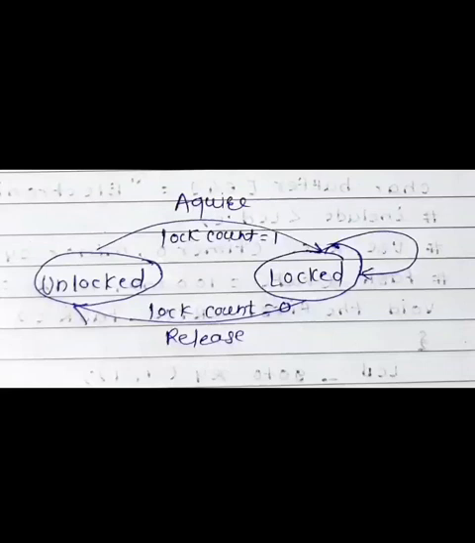Today we will see the mutex. Mutex stands for mutual exclusion. Mutex is a mechanism used for both resource synchronization as well as task synchronization. Mutual exclusion can be achieved through the following mechanisms.